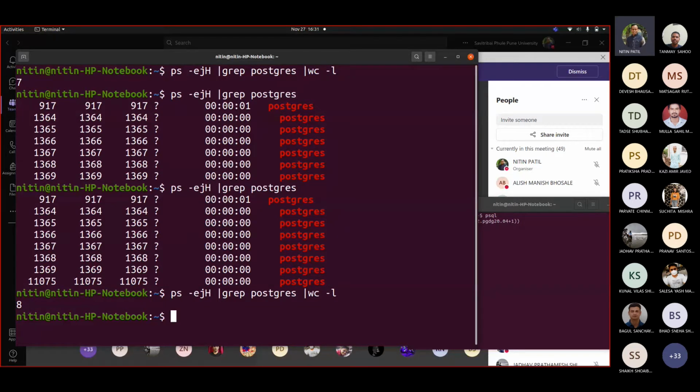And we already saw that the maximum number of connections can be 100. So that's what the picture was showing you. Whenever a query is fired through the user application, the Postgres service would be copied, which is generally known in Postgres as postmaster. And that's why the slide was talking about postmaster.